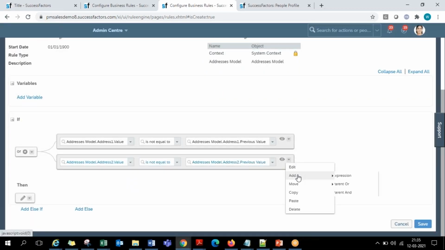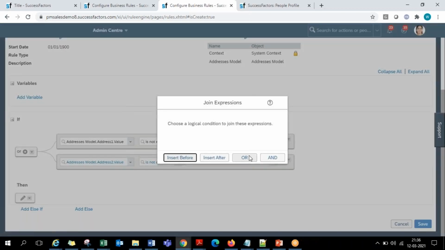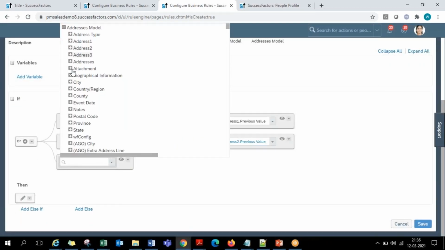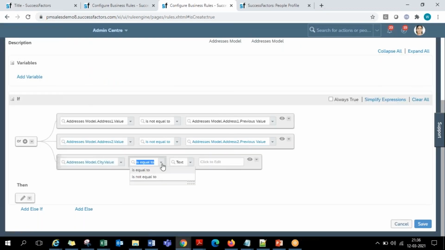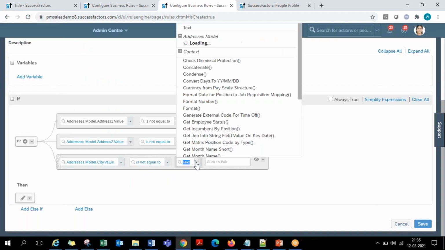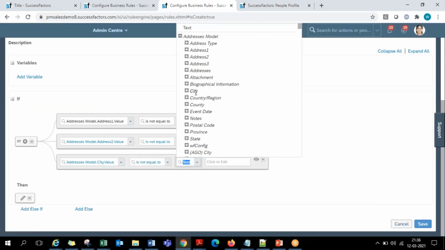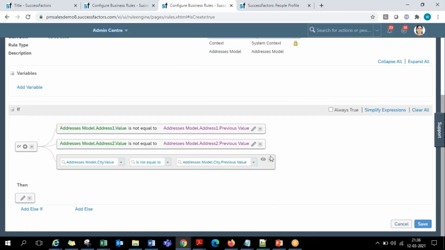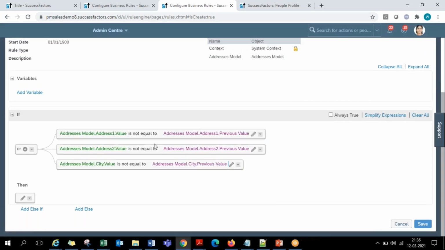Add expression again, OR, and this time instead of address line 3, let me go for city. If city dot current value on the screen is not matching the previous value in the database, the last record, that is city dot previous value, you can keep on writing the condition on all the fields of that portlet.